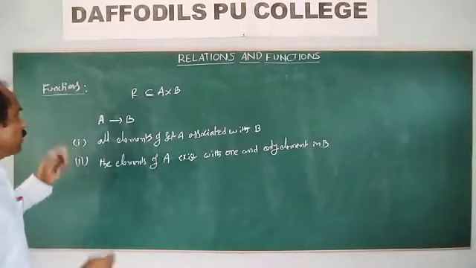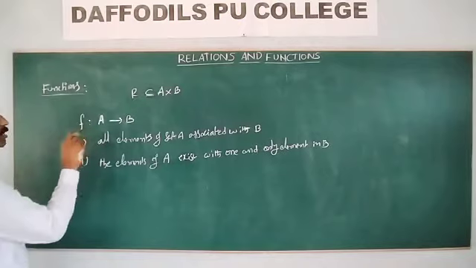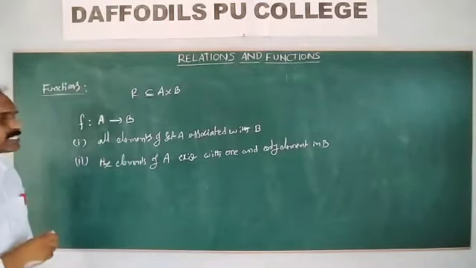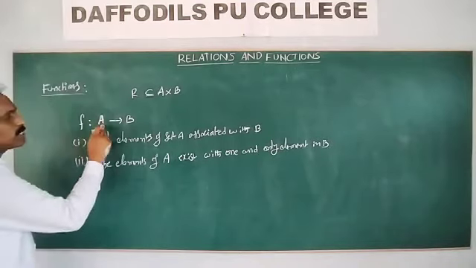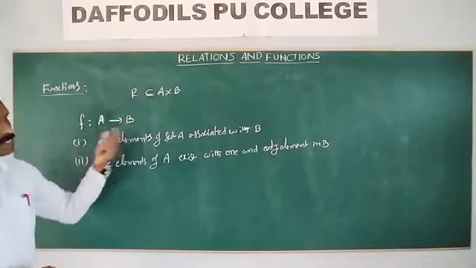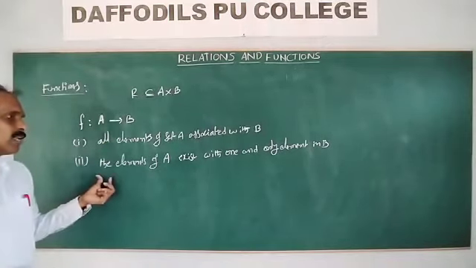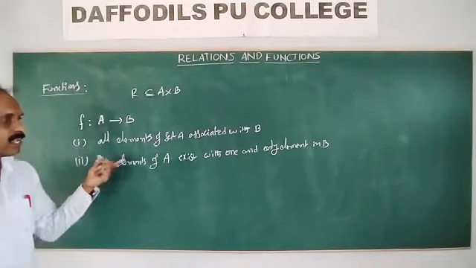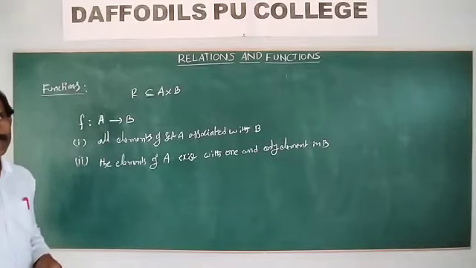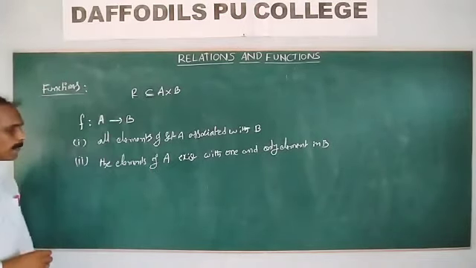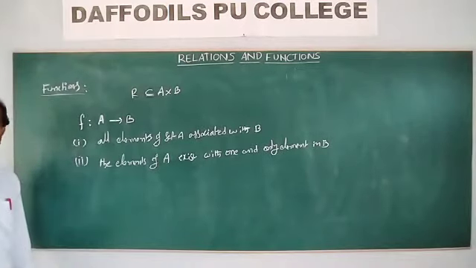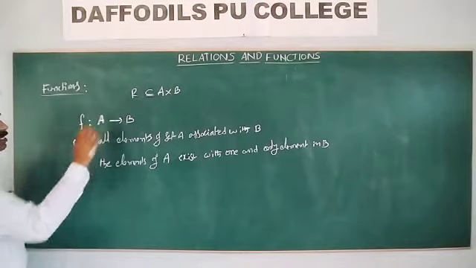Okay, good. So here the function is denoted like this, f maps A to B. A relation from a non-empty set A to set B is called a function if all elements of set A are associated with B, and all elements of A exist with one and only one element in B. By the definition, for every element of B, take C.